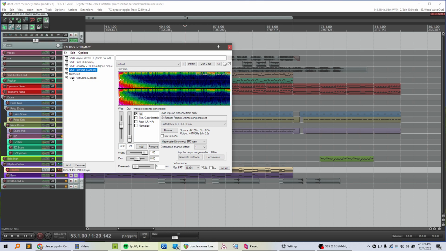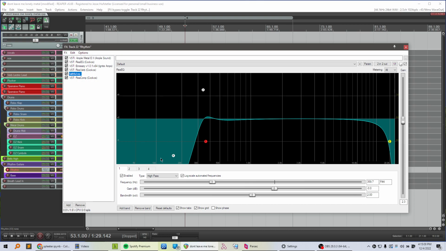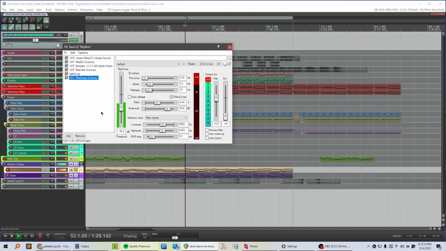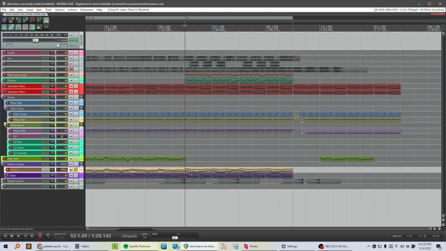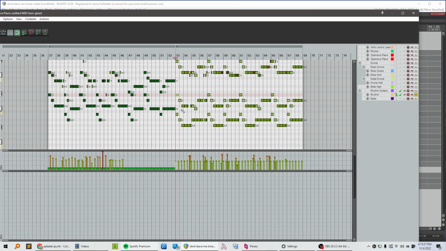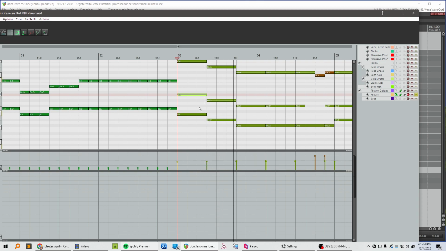And then if you've ever EQ'd a guitar amp, you gotta suck a bunch of the bass out. So now I have an EQ doing that. And then I put compression on it for some reason. I don't know why I did that, but apparently I was producing and I thought it needed that. Oh, and then what I do to make these sound good, I just play these power chords, or they're mostly power chords, I don't know.